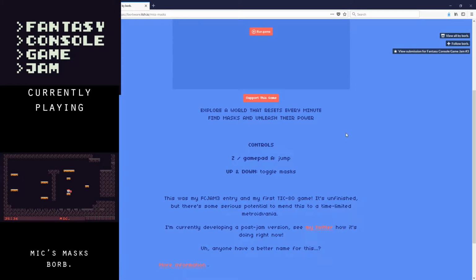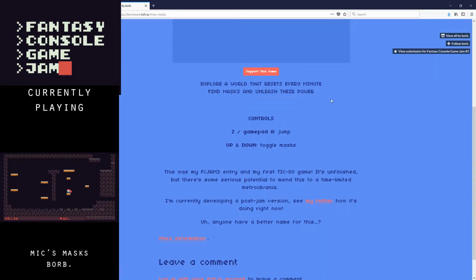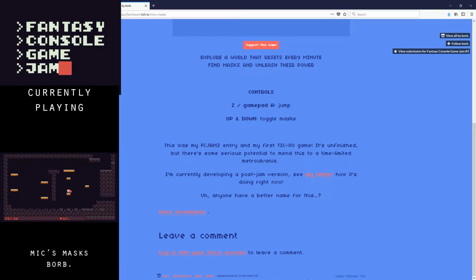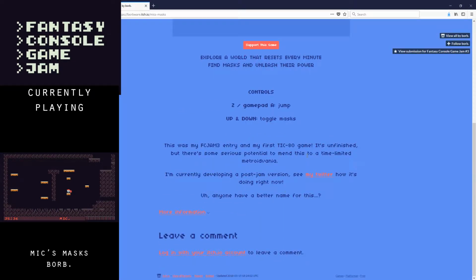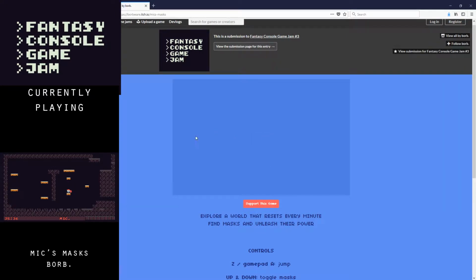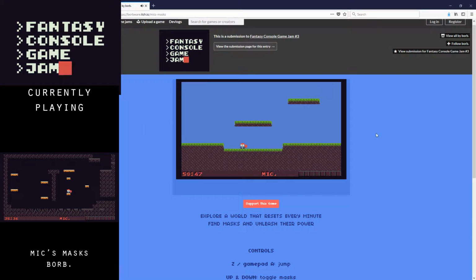Now, Mix Masks, by Borb. This one looks like it's going to be another Tick 80 game. Yeah, Tick 80. Explore a world that resets every minute. Find masks and unleash their power. This one also has gamepad support, so maybe I'll come back and try it with a gamepad at a later date. And you toggle masks. So it is this author's attempt to make a time-limited Metroidvania. We gave that enough time to load. There we go. All right, so,